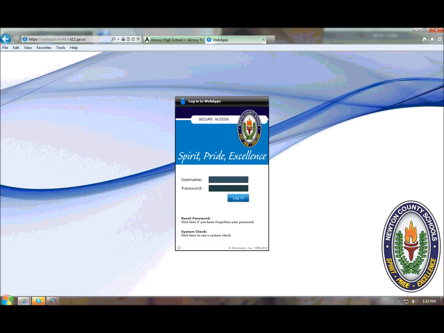It's the same login as your computer, so whatever username and password you use to get onto your computer at school, that's what you will use to get to Webapps. Okay, and if you're a student, it's your last name, first initial, middle initial, birth month, birthday, and then whatever password it is. Click Login,